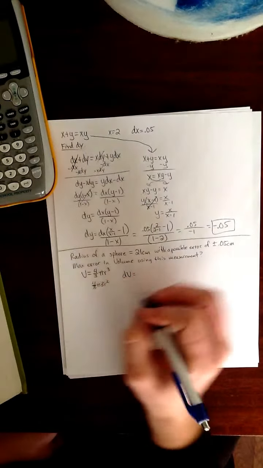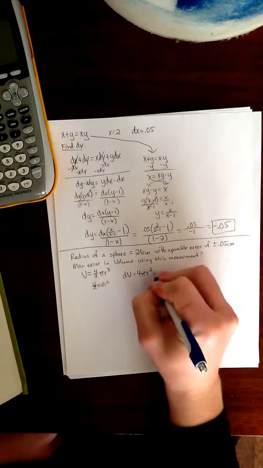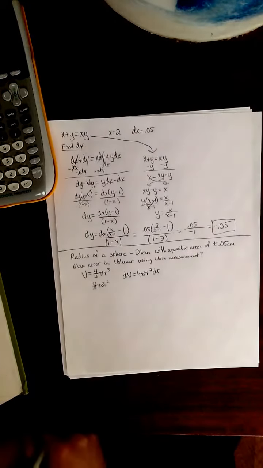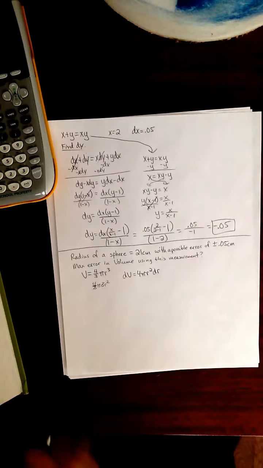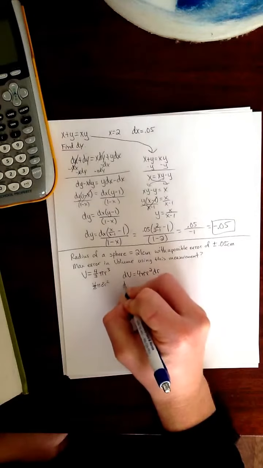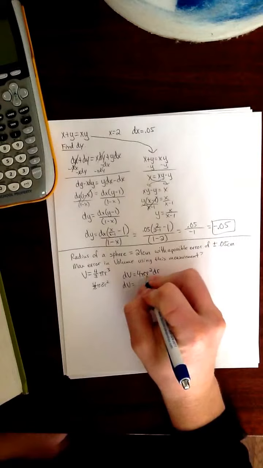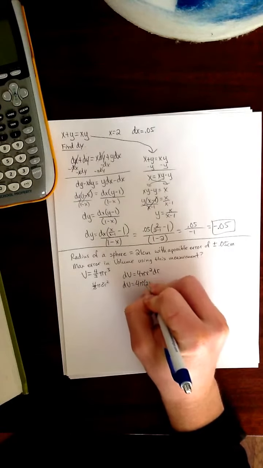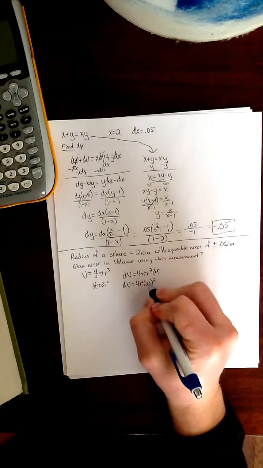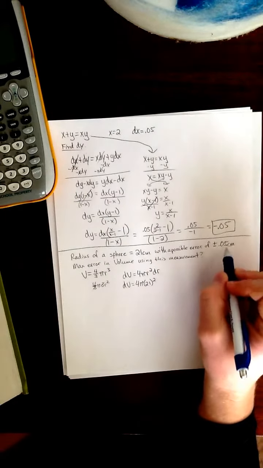So it's 4 pi r squared and then dr. Alright, so now we've got our equation, we just need to plug stuff in. So our change in volume, when the radius is 21, so I'm going to plug that in, so I'll have 4 pi times 21 squared. So when the radius is 21, but now the change in radius, if I change that by 0.05,